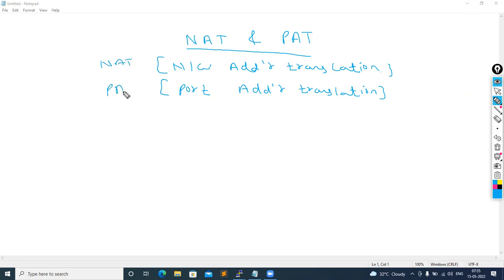So now, why do we require NAT and PAT? Yes, guys, why do we require NAT and PAT? Any idea? For security purposes, to hide our IP, or because for the internet we don't have many public IPs. Okay, it's a process